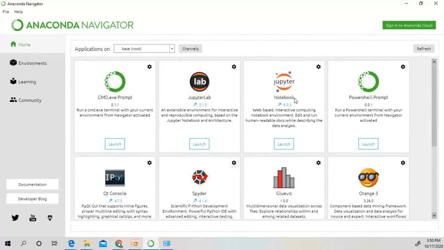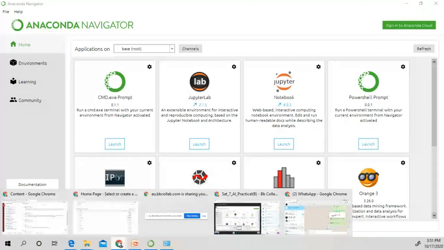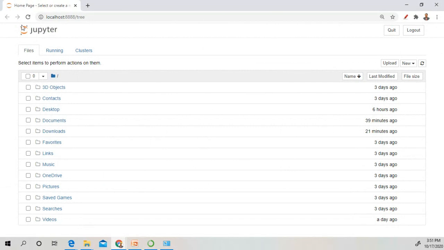While it is loading, we can explain Jupyter, as I have already opened this Jupyter. When you press this launch button, you will find the web browser in which Jupyter is shown like this. Clear? When you click on the launch button, this Jupyter will appear in your web browser. If you are using the Chrome browser, then this Jupyter notebook will open in your Chrome browser.